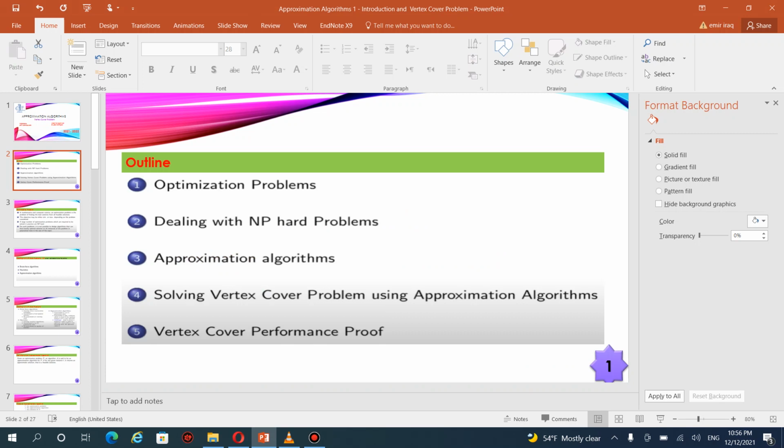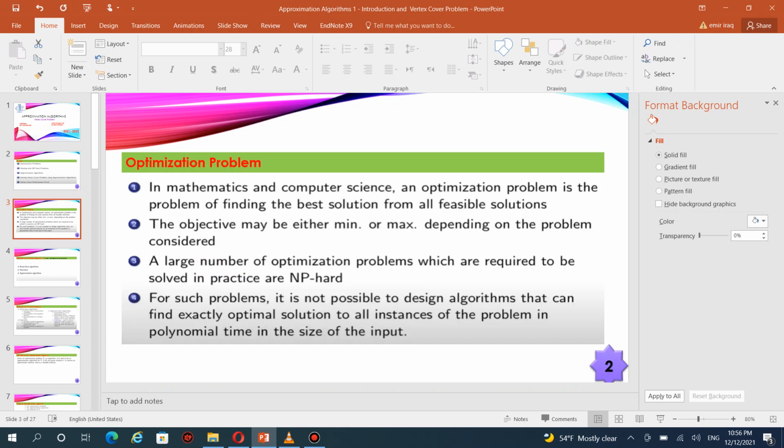The outline covers what an optimization problem is, how to deal with NP-hard problems, and approximation algorithms for solving the problem, and how to solve the vertex cover problem using an approximation algorithm. Also, we will talk about the proof of the performance guarantee of this algorithm. In the next slide,